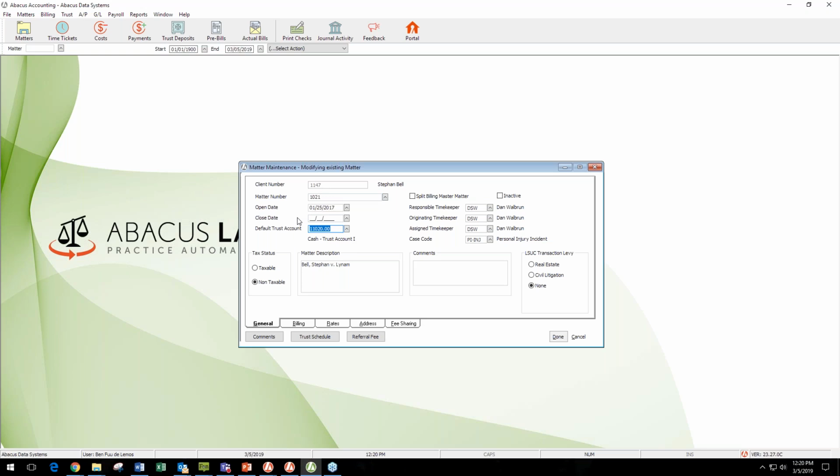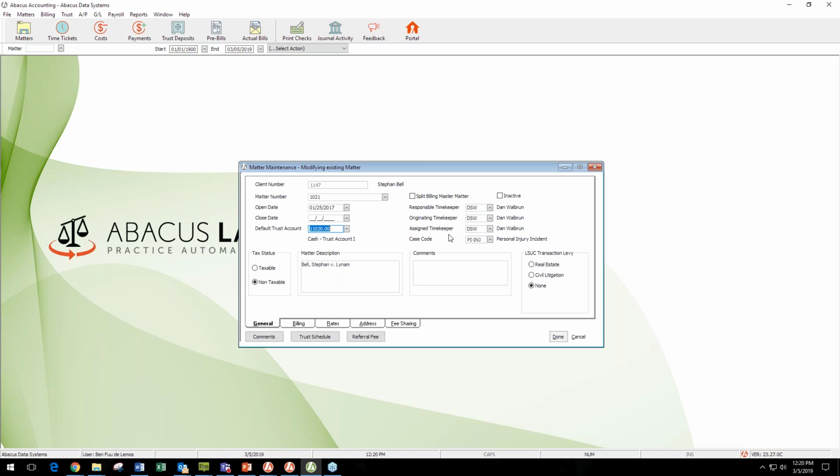Okay. The other concept within the matter maintenance, again, some of you might have done this and might already know this, but again, I'd like to elaborate a little bit more since we're setting up and we're building with trust matters. Might as well cover this as well. When it comes to the lead attorney for any given case that you're creating in Abacus Law, the name of the lead attorney that you enter there, the initials that you put forth there, is going to come through over into billing and accounting. And here it'll populate all three of my designations, as in responsible timekeeper, originating timekeeper, and